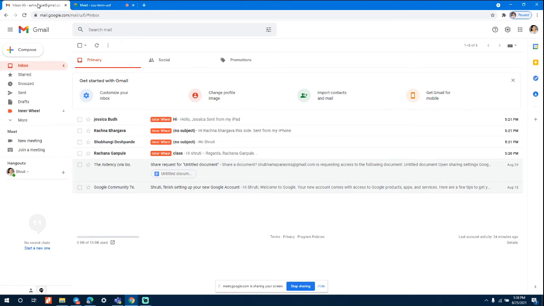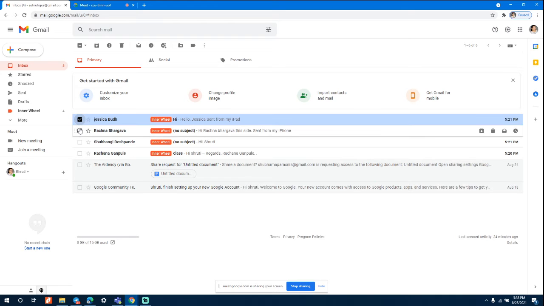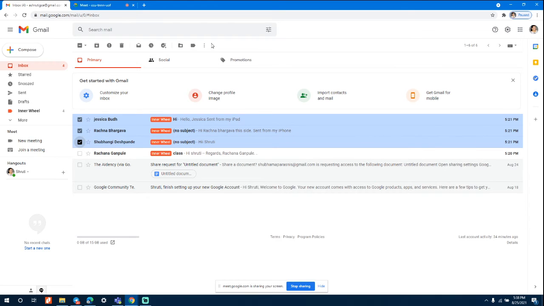When you tick mark them, how do you label them? On top, when you've marked them all, you get this label sign, top right. Top right. Yeah. There is no label sign.